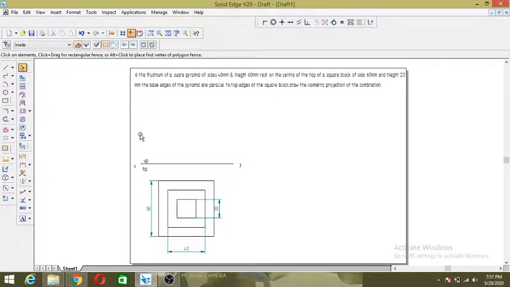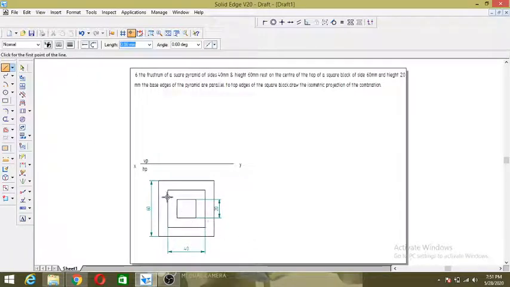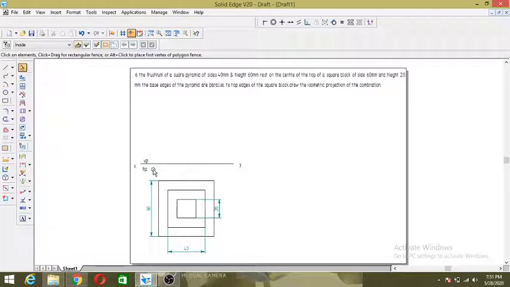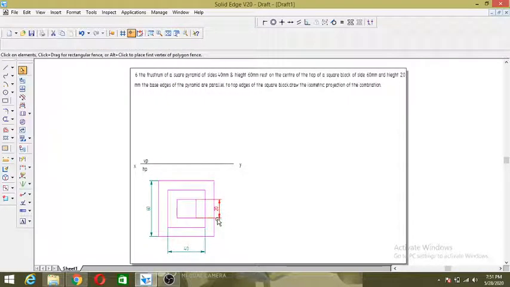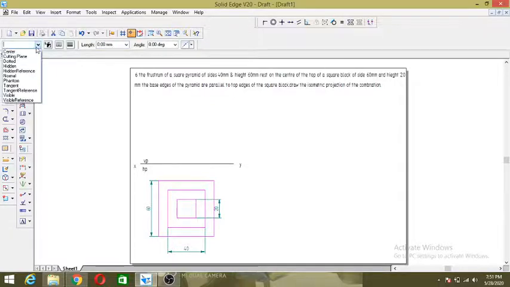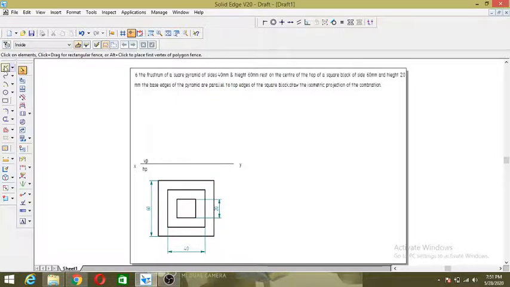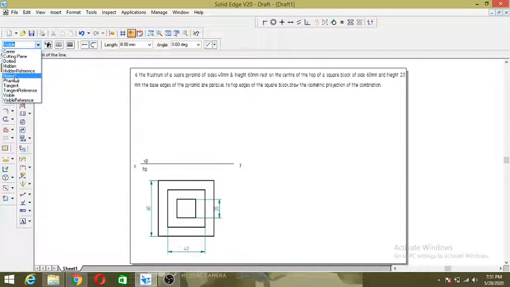How to draw the front view? Make this one visible. All lines are visible here. It's visible now. Then again draw the projection to get the front view.